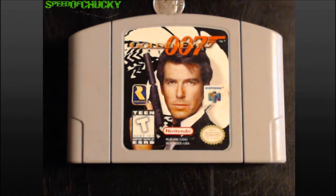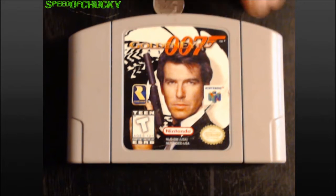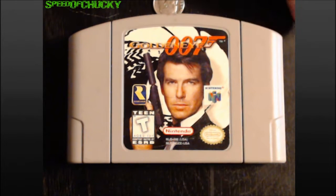GoldenEye 007. This is a very, very fun game. If you own a Nintendo 64, you have to own this game. The problem is this game can cost you a little bit of money. So, anyways, very, very fun game. Kind of revolutionized shooters. And there's a lot of games that people say do that, but I say it revolutionized console shooters. Okay, next up,